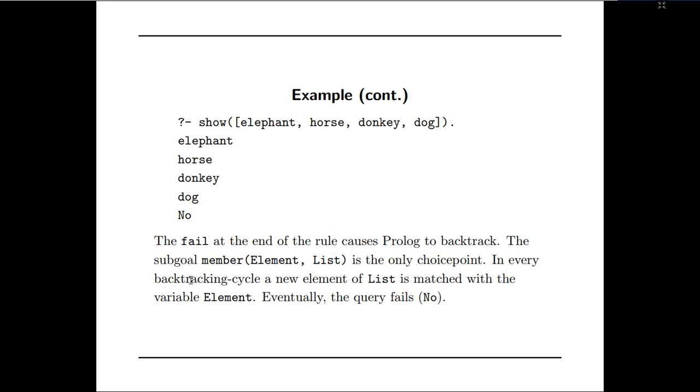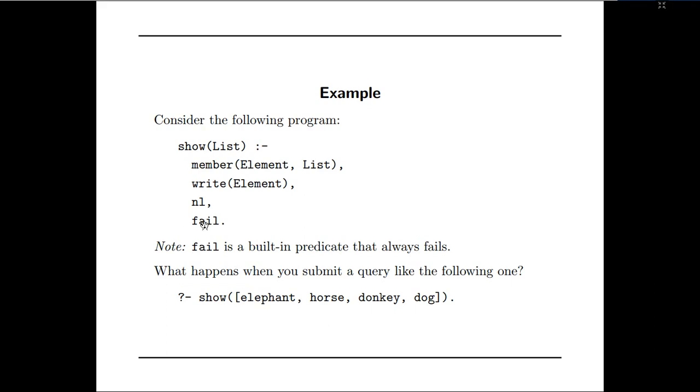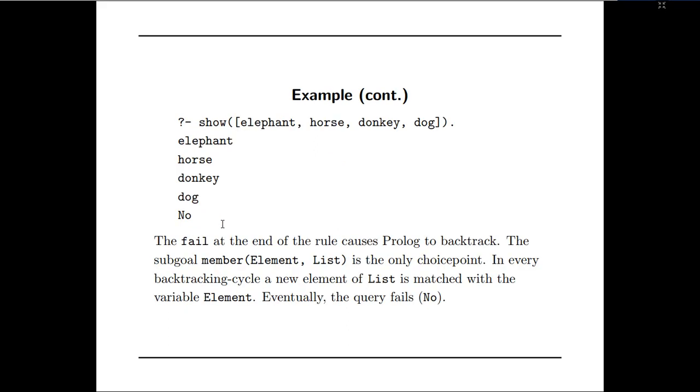Otherwise what will happen? The program will continuously check whether there is any next element available or not. Since we have written fail as the last termination condition, once the list of elements is printed, if no more elements are there, it will go for printing no and stop the program.